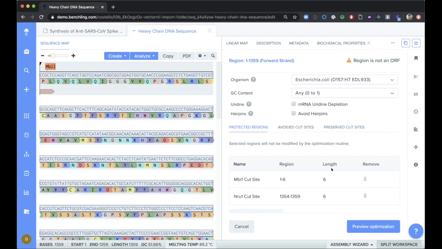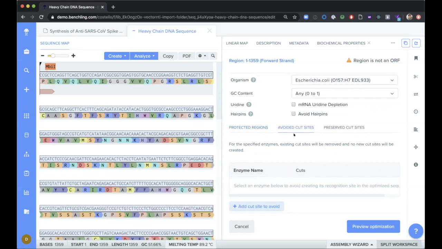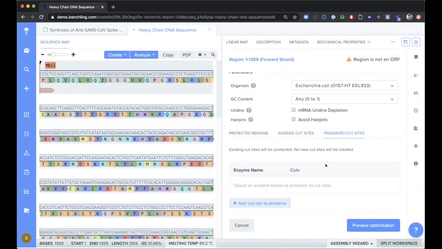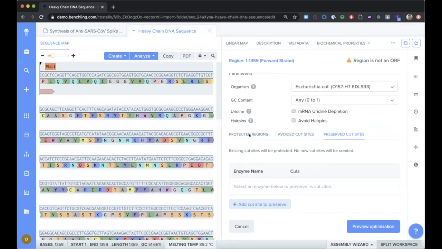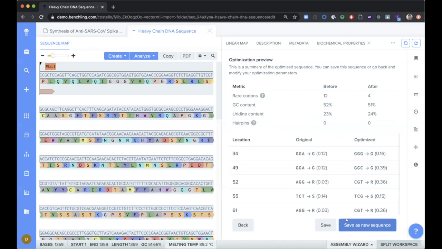One for protecting regions. In this case, Benchling has recognized 2 cut sites and assumes that I want to protect those regions. I actually don't. I can codon optimize and avoid the introduction of new restriction enzyme cut sites, or I can preserve cut sites that are already existing. So rather than having Benchling by default tell me which regions are protected, I'll actually specify here that I want to protect both my MBI and my NRU1 cut sites so that I can assemble them later down the line. I'll then click Preview Optimization, and before Benchling makes any changes to my DNA sequence, they'll